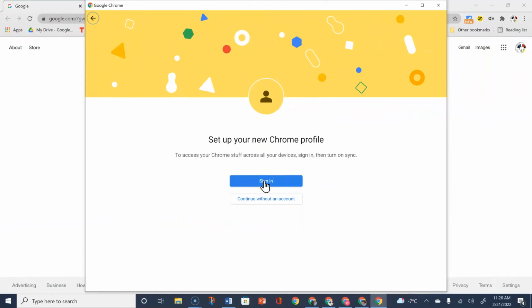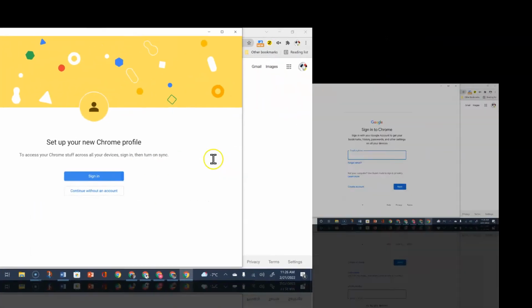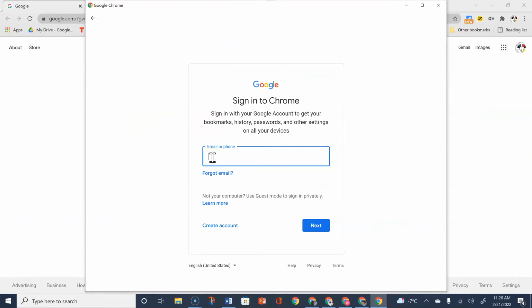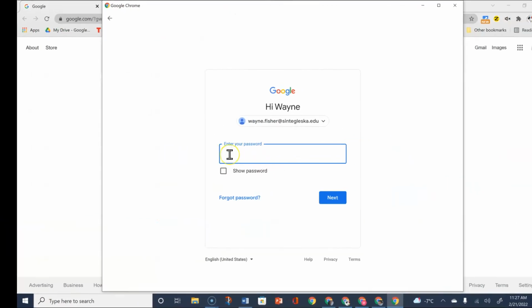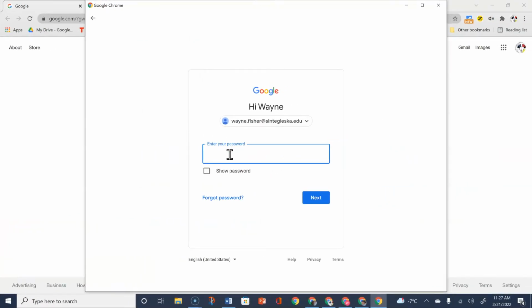Now remember, at registration time, you were given a SGU Google account, so you need to sign in. You don't need to create a new account, but you need to sign in to your SGU Google account. So go ahead and choose sign in, and here it's going to ask you for your username or your Google account that was given to you at registration time. So you want to type that in. Once you type it in, you want to hit next, and now it's going to ask for your temporary password that also was given to you during registration time. Once you've typed that in, you want to choose next,